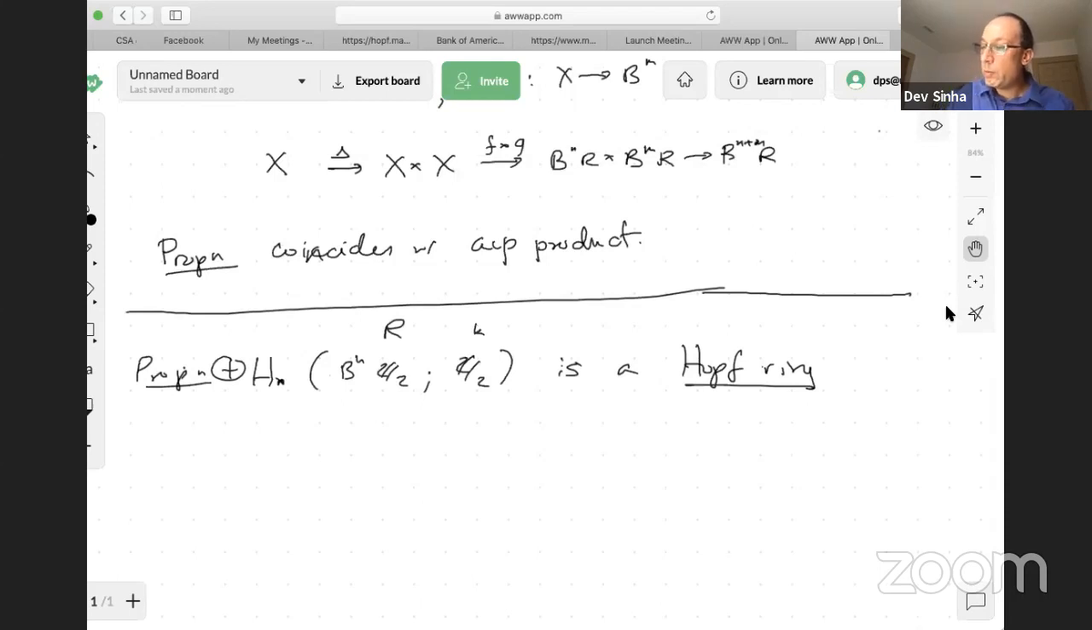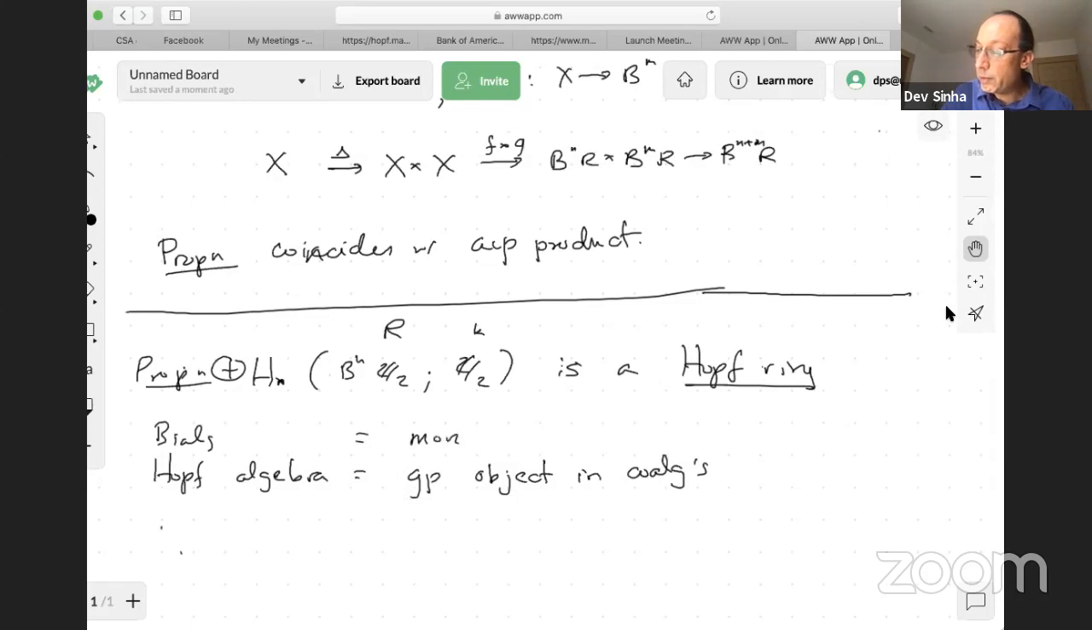So what do we mean by that? Well, a Hopf algebra is a group object in coalgebras. So an object for which when you map into it, you've got a group structure. If you want, a bialgebra is a monoid object in the category of coalgebras. And so a Hopf ring is a ring object